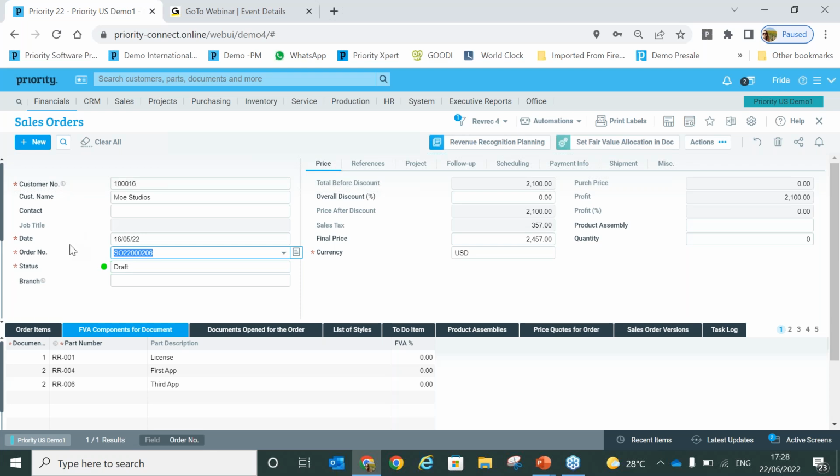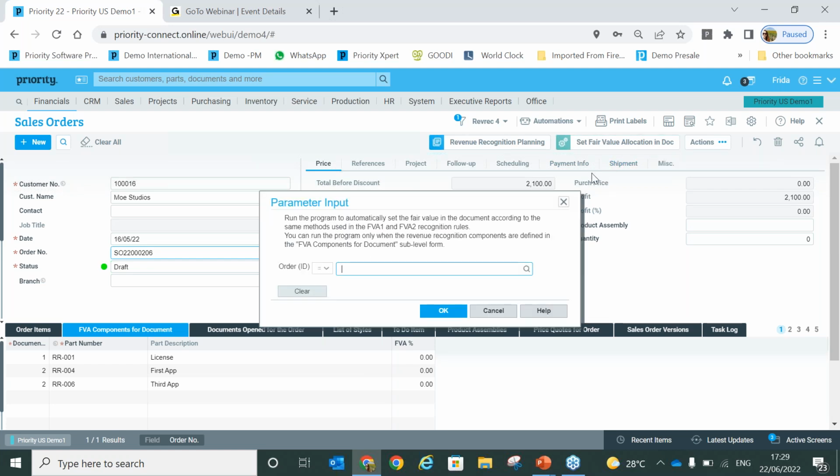So after I'm done entering all the items into the order and specifying the components on this form, what I will do, I will run the program from the actions menu here that's called set fair value allocation in documents. Let's click on it. Here I can specify which